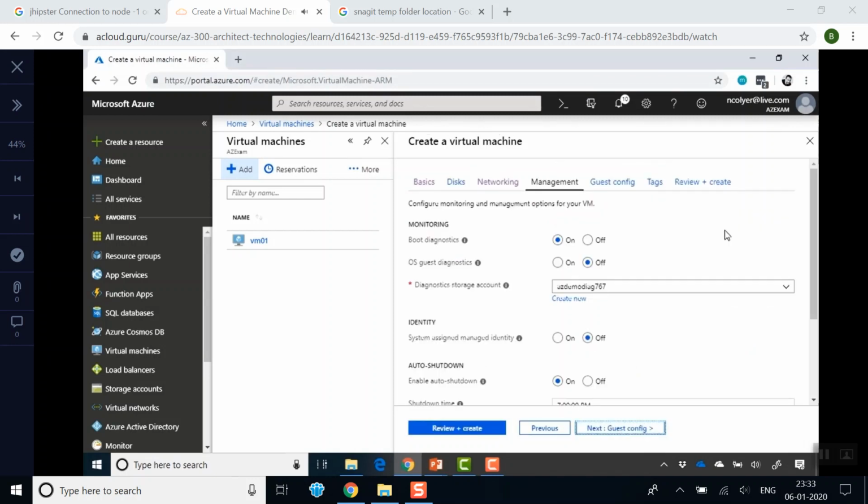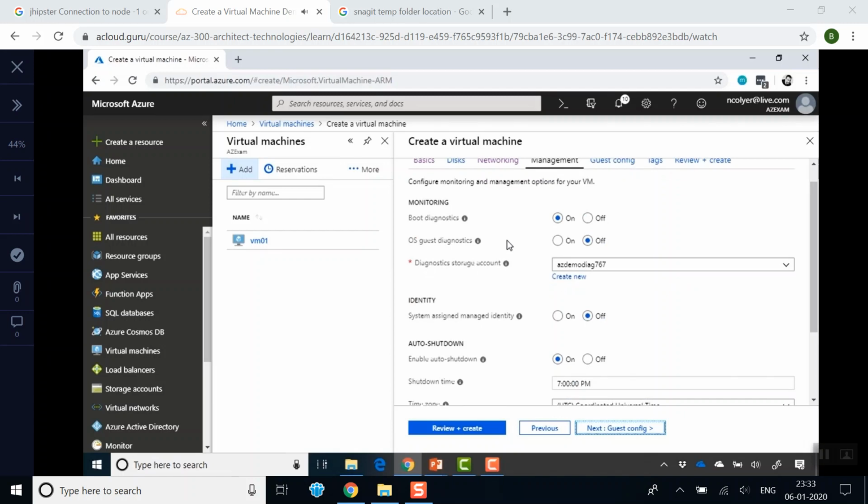So under management, you can see here we have a few things. First of all, we have boot diagnostics, so we can opt to turn these on or off. And generally, we just keep them on because it helps us diagnose any problems in the virtual machine. We have OS guest diagnostics. If you covered the monitoring section earlier on in the course or in some of the other videos we have,